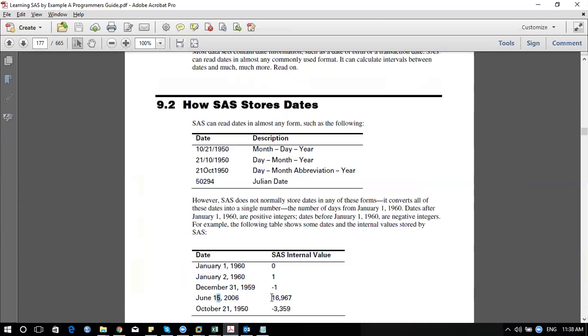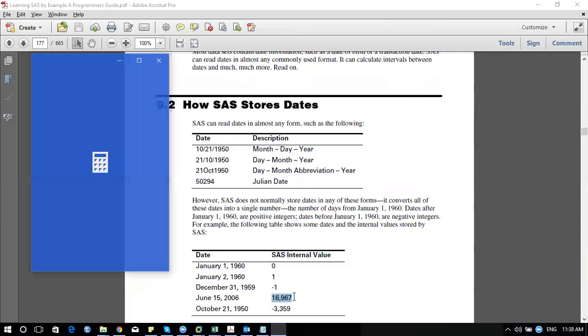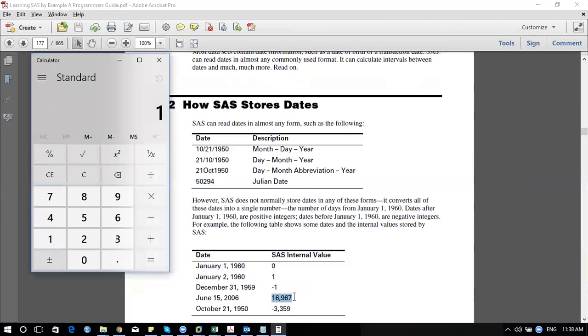There will be 16,967 days that passed. Now, if you do a calculation based on that, you can find how many years have passed. So if you do 16,967 divided by 365.25, which is the number of days in a year, 46 years have passed from 1960 to 2015.